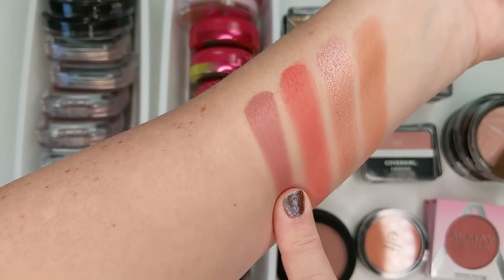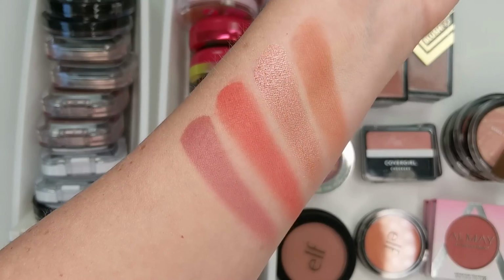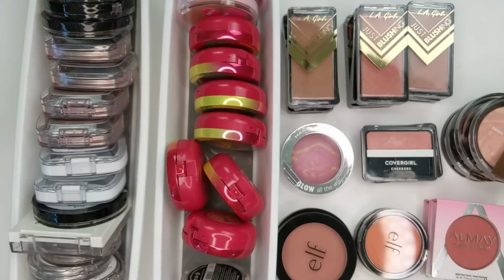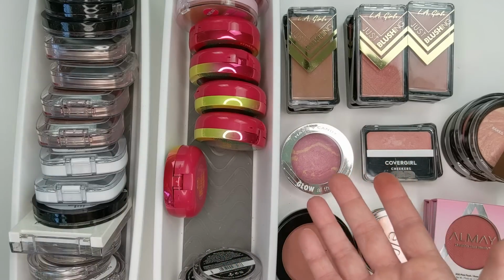Like, look at that. I have to go easy with these as well because they're very pigmented, but if you like a more pigmented blush, they're beautiful. And again, just so smooth, easy to blend, easy to work with. I love these guys. Next up are the Physicians Formula Butter Blushes, taking up almost this entire row right here